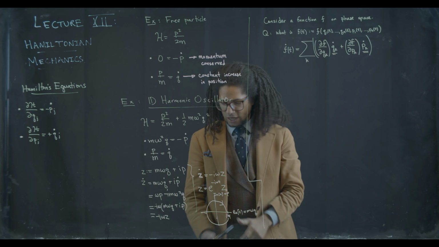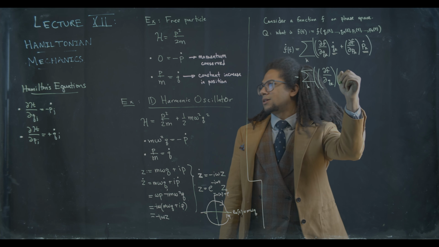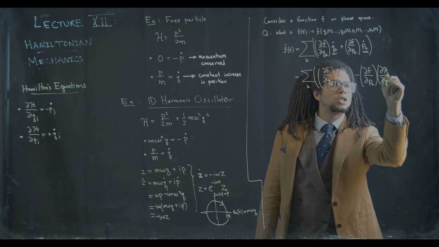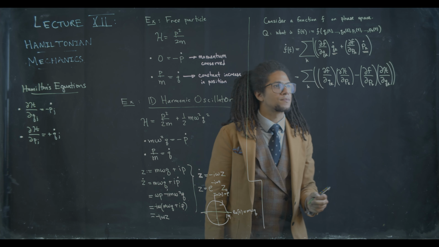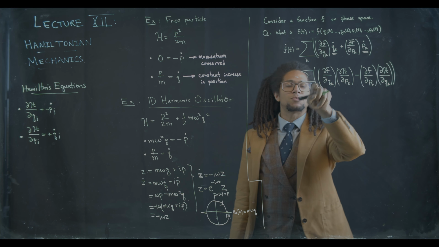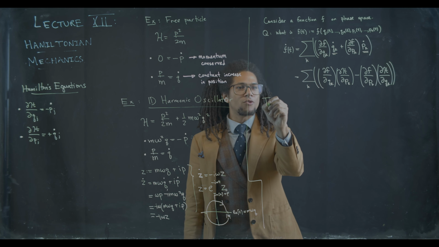Okay, so this is going to give me this sum over k of df/dqk times dh/dpk minus df/dpk dh/dqk. Okay. And this is going to motivate me to define some kind of object that takes in two functions and spits out this quantity. So this motivates me to define